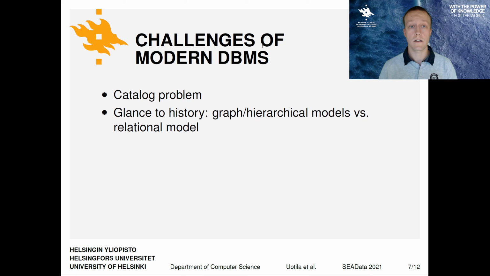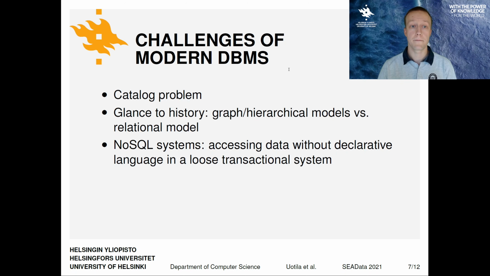Historically, relational databases weren't the first databases. The first models were hierarchical and network data models, and after them, the relational model was invented. Currently, we have reinvented the hierarchical models as JSON and XML, and the network models as RDF and property graphs. Every model has its suitable use cases. This has caused the database zoo to expand in a way that makes it difficult for end users to navigate and choose suitable systems and models.